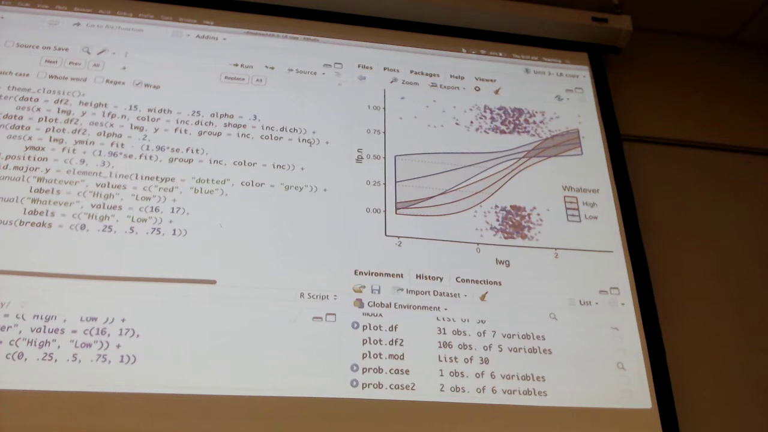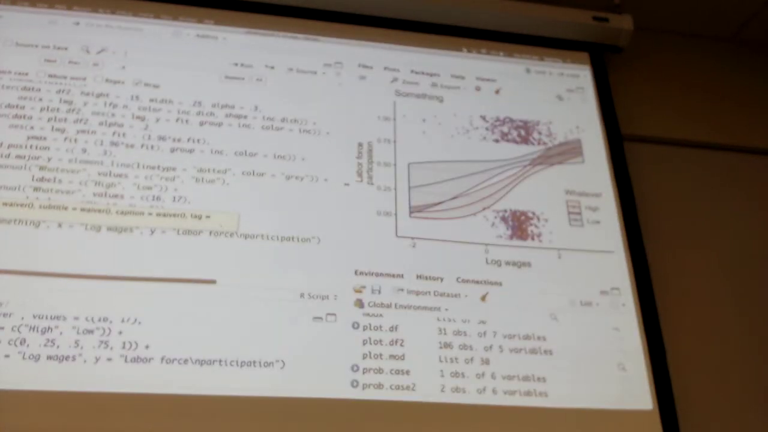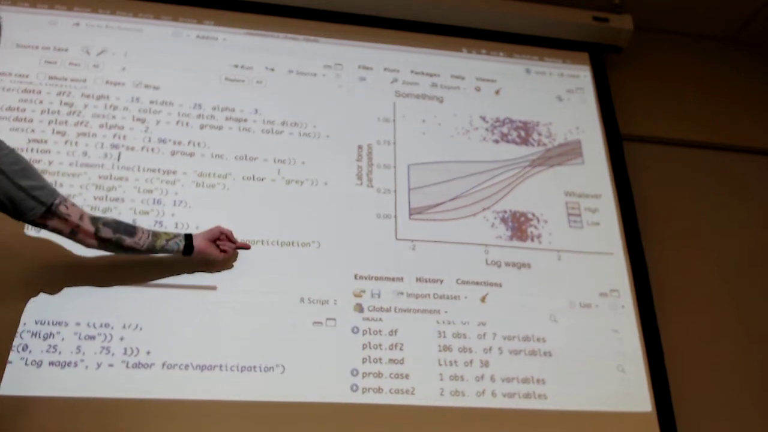What else? Titles and labels and stuff. Just adding labs, and title equals something. X equals log wages, Y equals labor force participation. And now notice here how in between force and participation I don't have a space, and I just